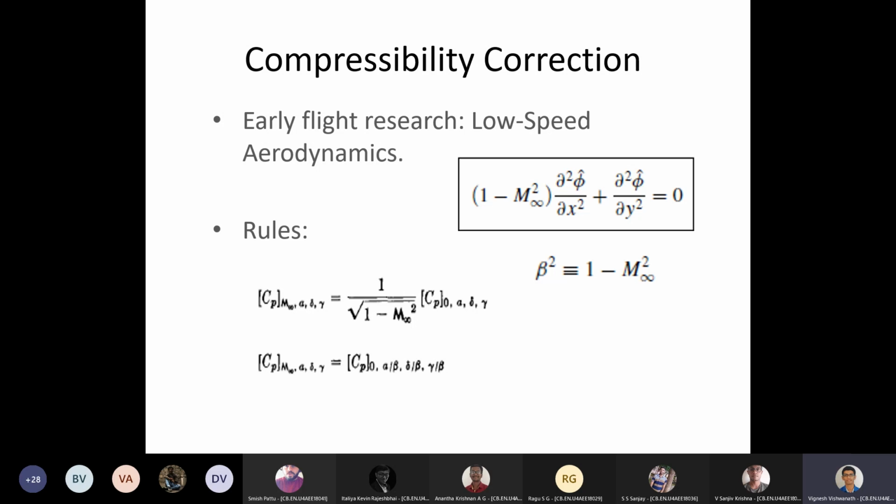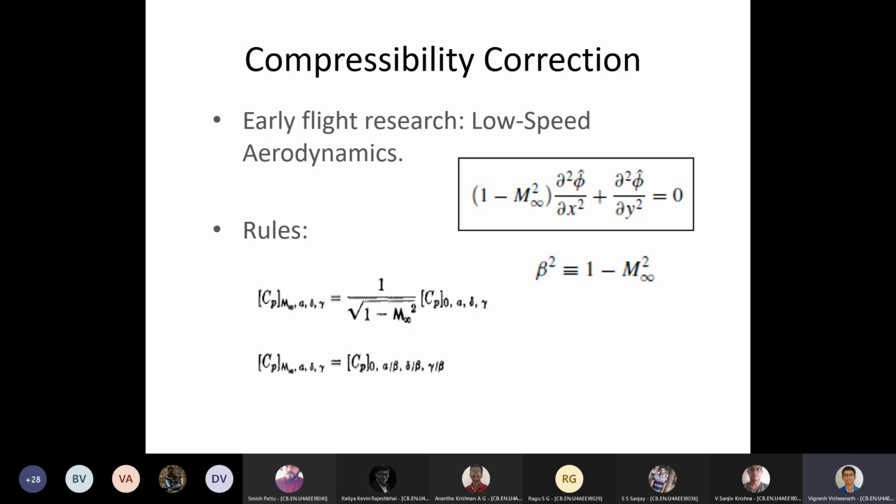What I mean by equivalent is, let's take an airfoil, for example, at 5 degree AOA. For a given angle of attack, there will be a CL, and if you increase the angle of attack, the CL will also increase. This happens when you fix the Mach number. Now let's say you vary the Mach number and then increase the angle of attack. We know from flight mechanics and aerodynamics that, in order to produce a given value of CL, the same airfoil has to be at a higher angle of attack for a lower Mach number, and for higher Mach numbers, it has to maintain a lower angle of attack.